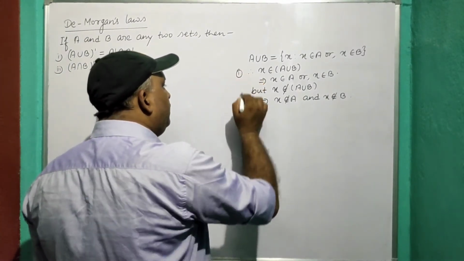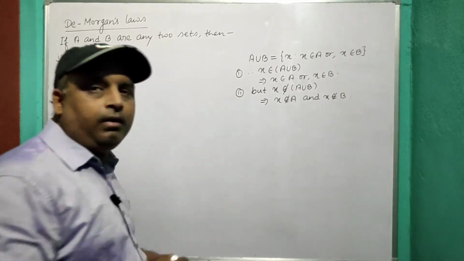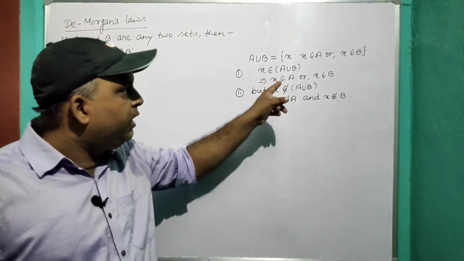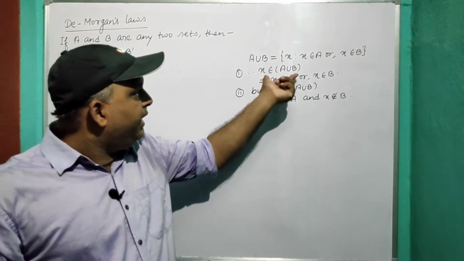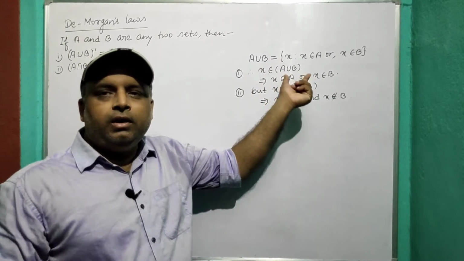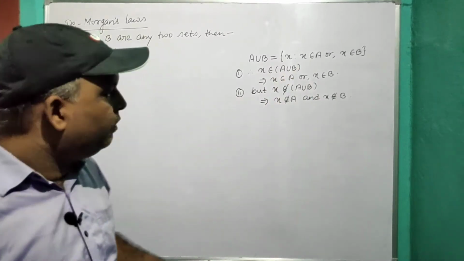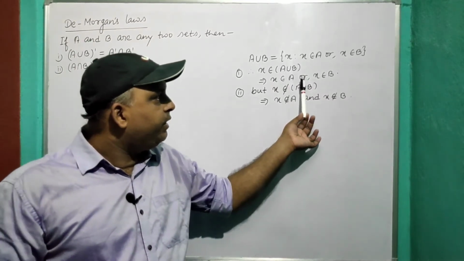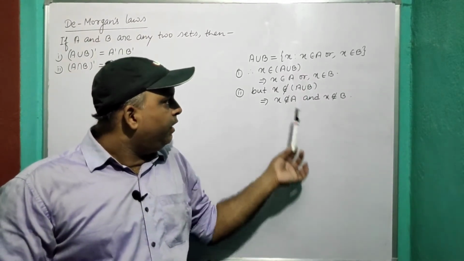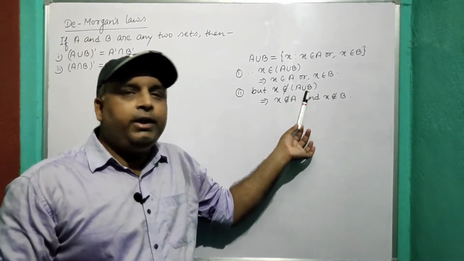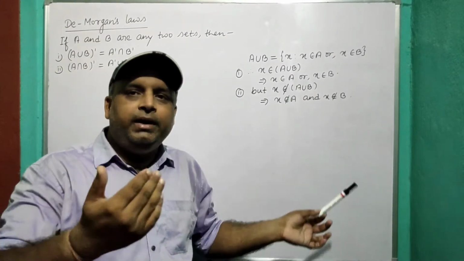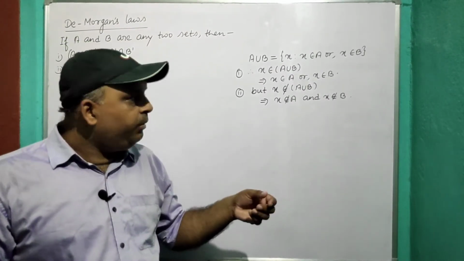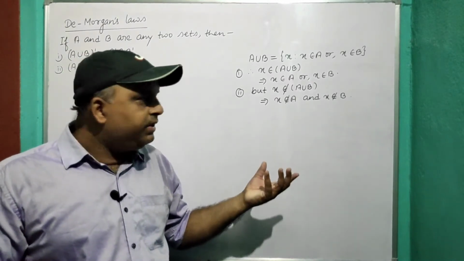फर्स्ट ये वाला पॉइंट, सेकंड ये वाला पॉइंट, कि A यूनियन B का डेफिनेशन में OR है. तो अगर x belongs to लिखा हुआ A यूनियन B, it means x is some element of A union B. और अगर A यूनियन B का एलिमेंट है, इसका मतलब वो A का एलिमेंट भी हो सकता है या B का एलिमेंट भी हो सकता है. So in that case we write OR. ओके, but if it is given that x does not belong to A union B, अगर A यूनियन B में नहीं है कोई एलिमेंट, तो इसका मतलब ये है कि वो एलिमेंट ना तो A में है ना तो B में है. ओके, ये using the common sense.